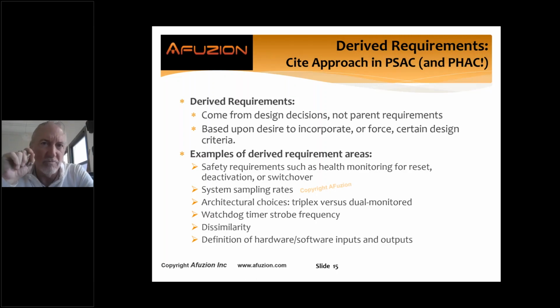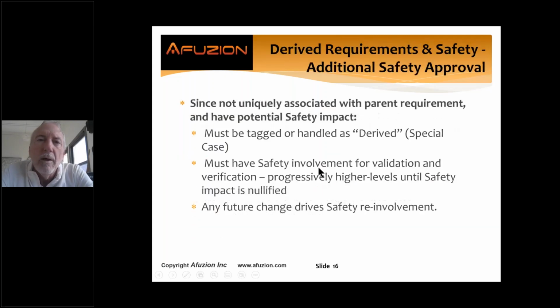Now, you can add a system requirement, and that's fine, but make sure it follows the 4754A system requirement standard. That one's necessary, okay? It fully maps to and correlates with the aircraft system safety assessments, and then you can do it that way, add a parent requirement. Now, derived requirements, they're not derived from a parent. They're derived from an engineer's desire to force implementation, close a loop, be defensive, add functionality. They're tested, they're reviewed. They must be tagged, identified as derived.